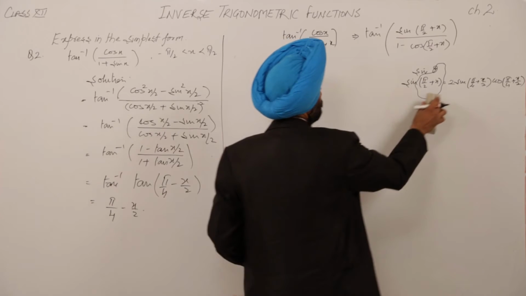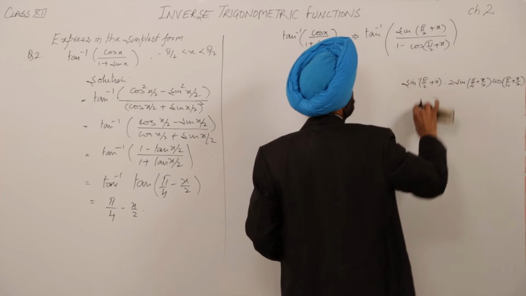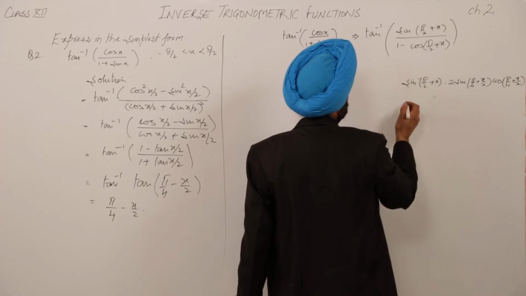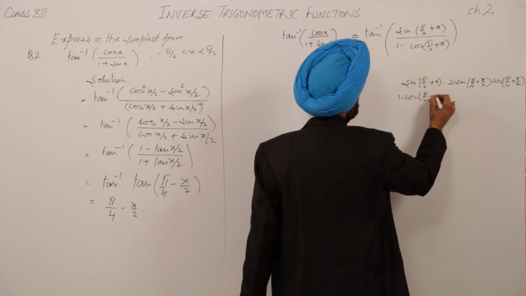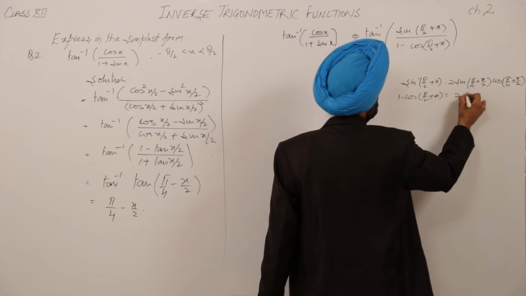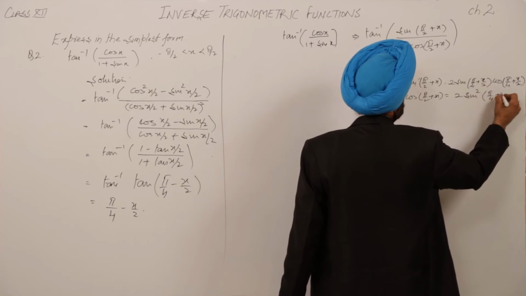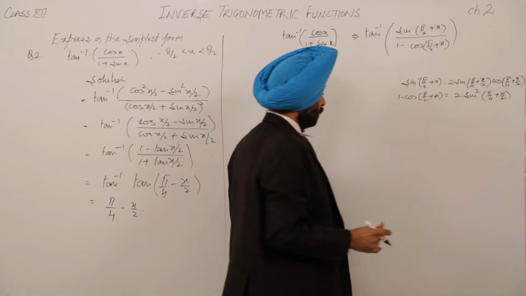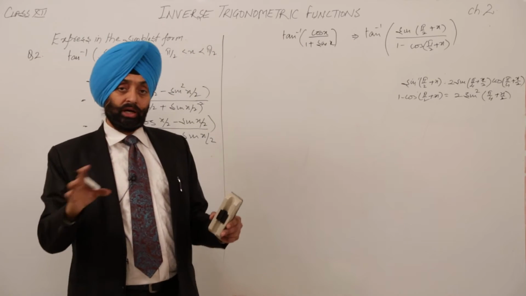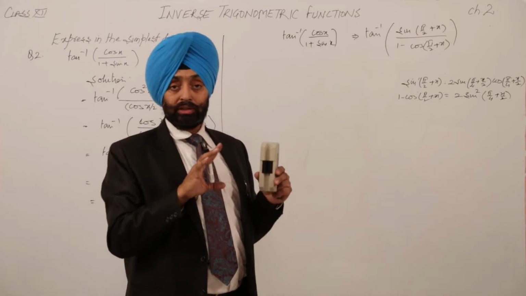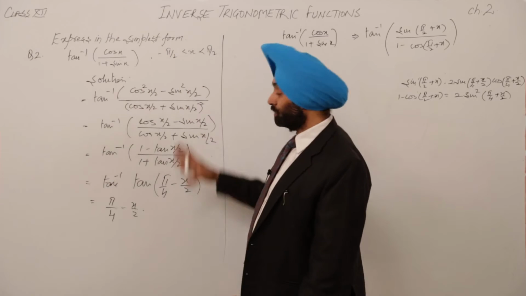Okay. So now before going further, we are having for 1 minus cos pi by 2 plus x. Now this becomes 2 sin square pi by 4 plus x by 2. Now if you are remembering this formula conversion without any careless mistakes, then you can proceed with this, otherwise you can follow this method also.